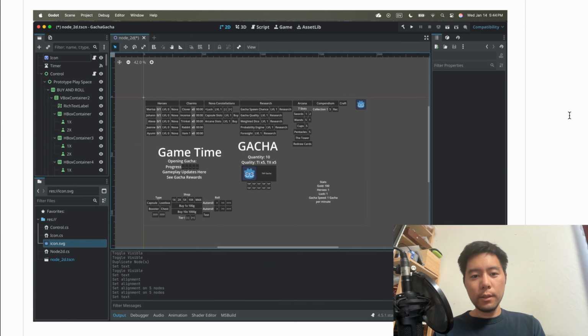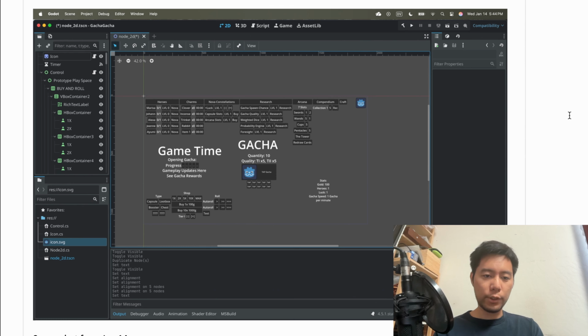So let's just jump into the actual meat of this devlog. Basically, back in January, I did start a Godot project for this incremental gacha game. And here's a little screenshot that I wanted to share with you guys of the first iteration of